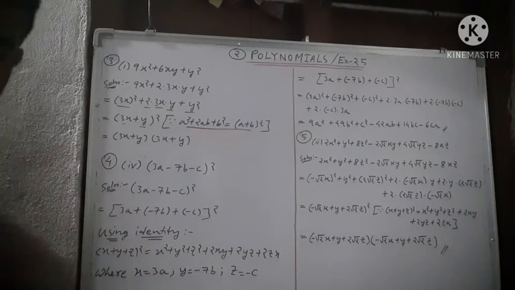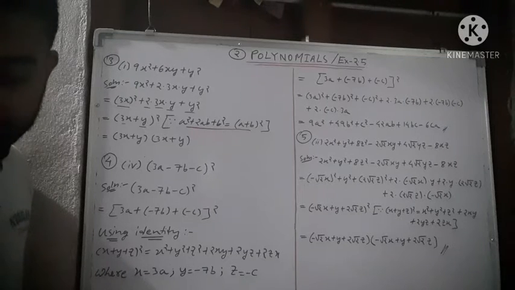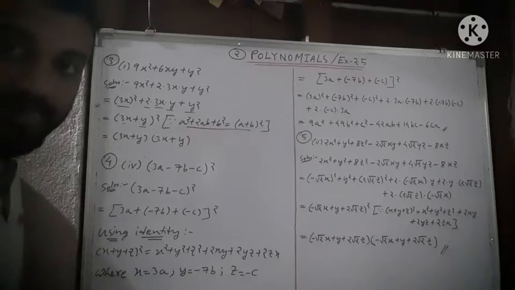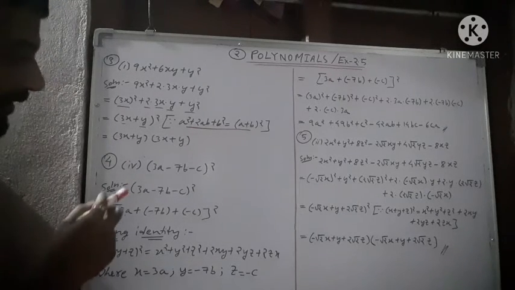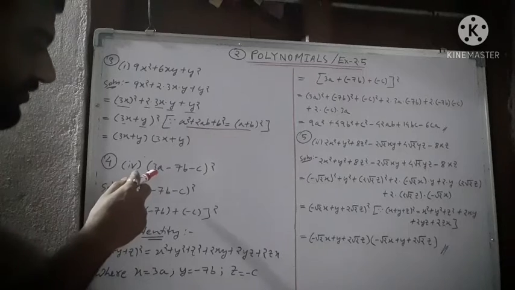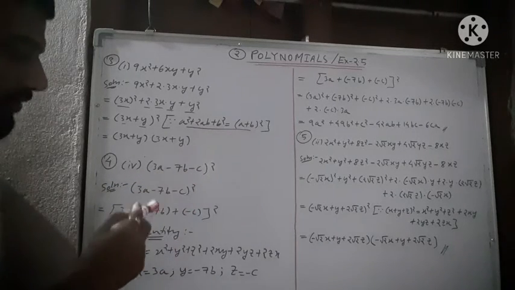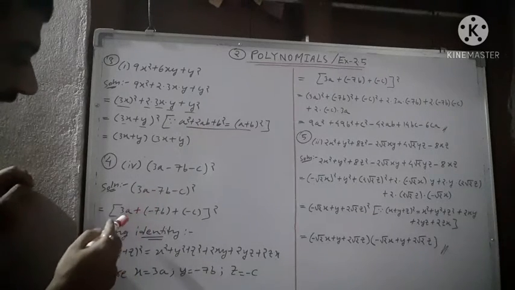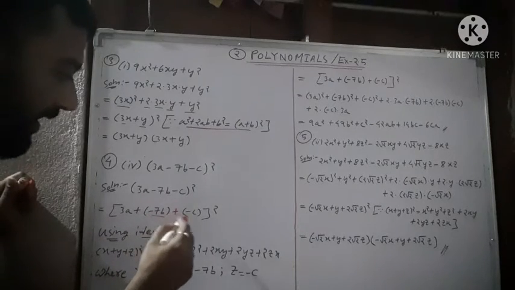Okay, then let's move to the fourth question, that is to expand each of the following using suitable identities. We need to expand this again by using suitable identities. So let's move to question number 4, Roman number 4. It is given that (3a - 7b - c) whole square. So let us take it like this: 3a plus within bracket, minus 7b plus within bracket